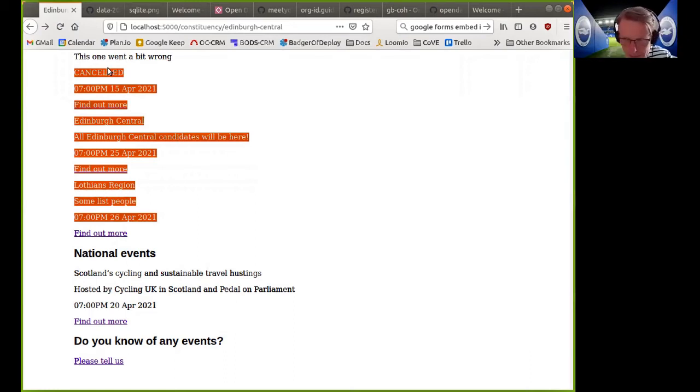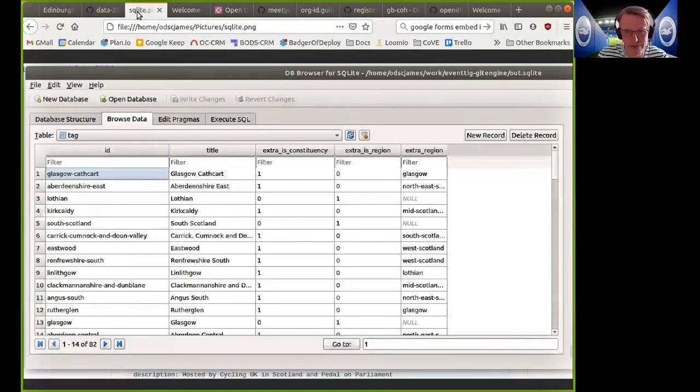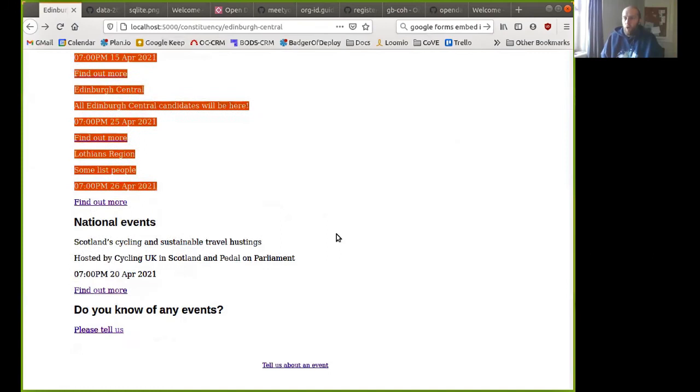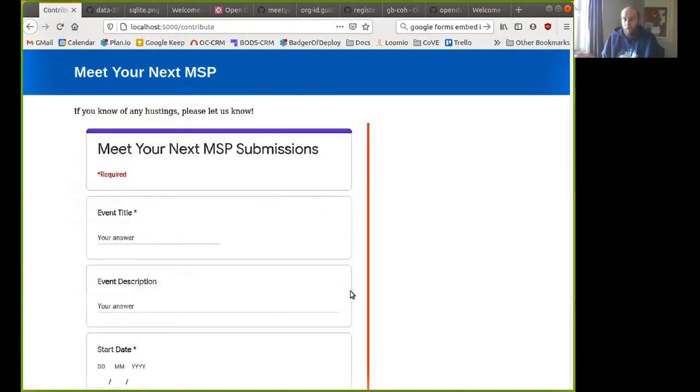And you use the SQLite database, so you have minimal hosting, is that right? Yes, the hosting should be very light, basically. I guess it depends what we do with the contribution form. At the moment, I just put a Google form in, so it's a very quick MVP to demo the idea to people. But maybe we would replace that with our own form, and then you would have some data coming back. But at the moment, the website is read-only. You just put these couple of SQLite databases in, and it should be very easy to host, very easy to move around because of that, which is nice.